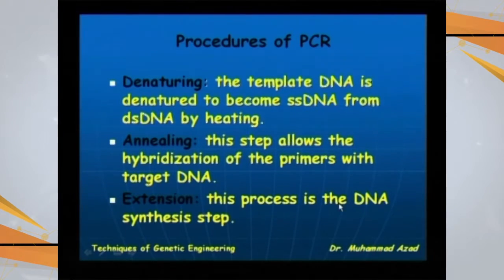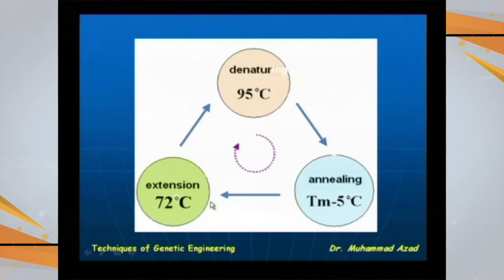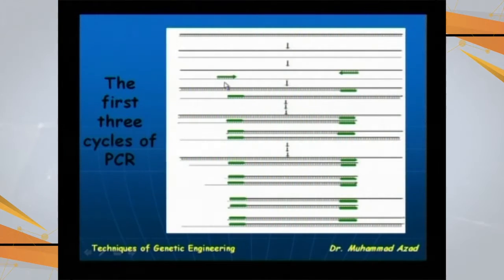This is the DNA synthesis step. So first denaturation, annealing, extension, again denaturation, annealing and extension. This is the triad we are going to use in our reaction. In the first step this was a single strand, then 2 strands are produced, then 4 strands are produced